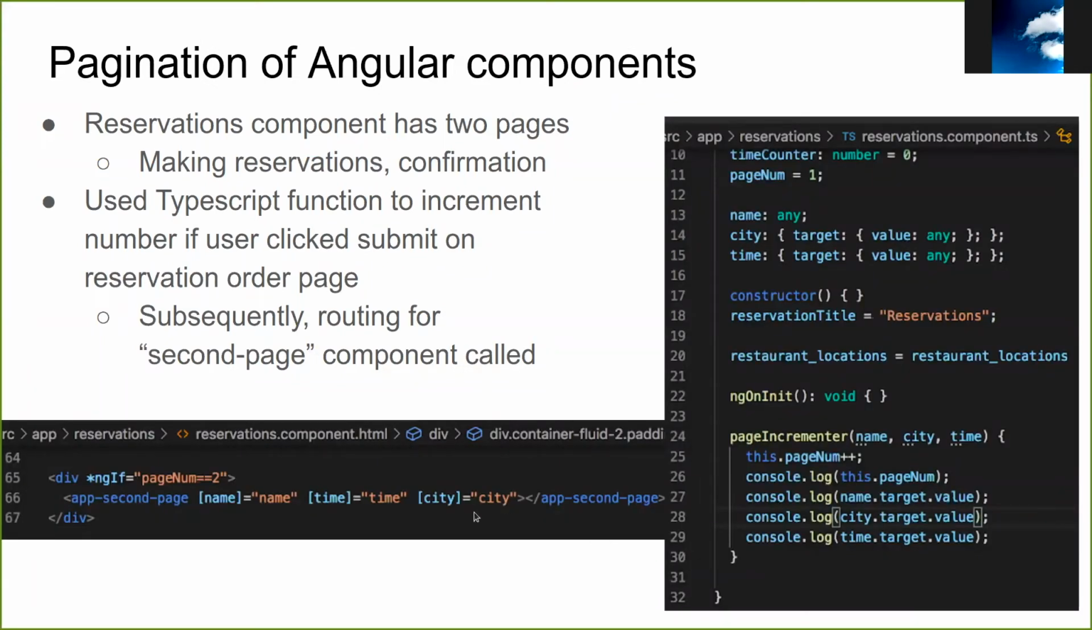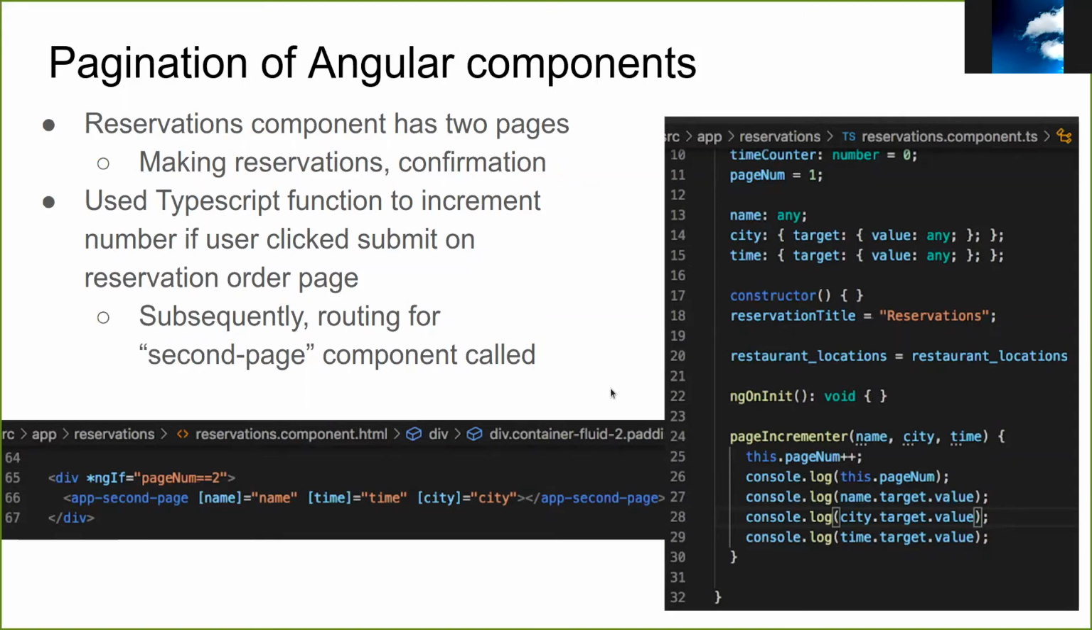So for pagination of Angular components, this was something that was crucial to making our reservations page more dynamic and robust. So the first page was making the reservation, and the second page was making the confirmation. But how do we do this without nesting the confirmation page within the reservations component? We used a Typescript function so that on the reservations page, which has a form and a submit button, once the user enters the submit button, the Typescript function will increment page num to 2,